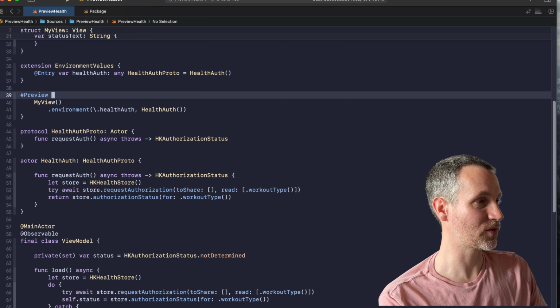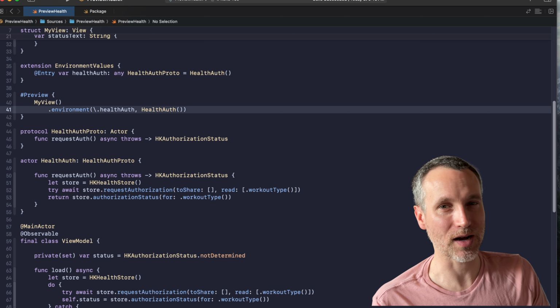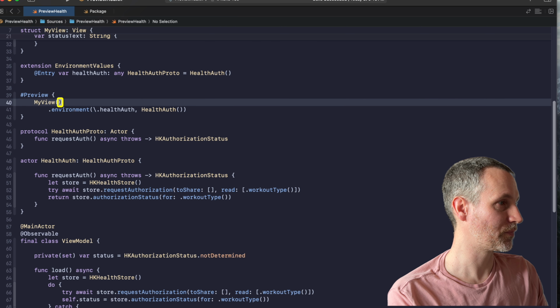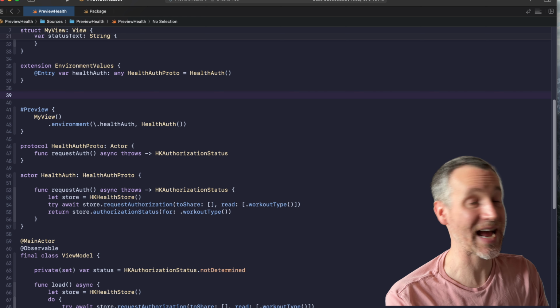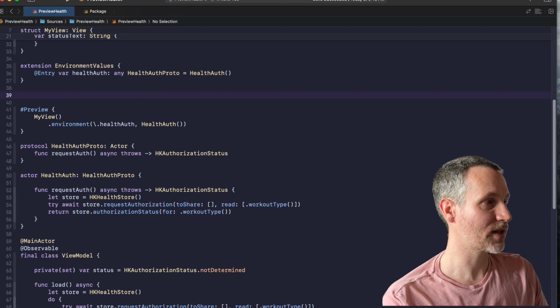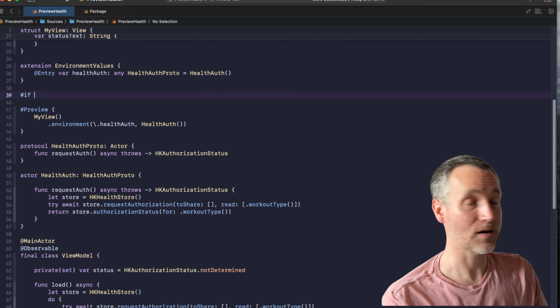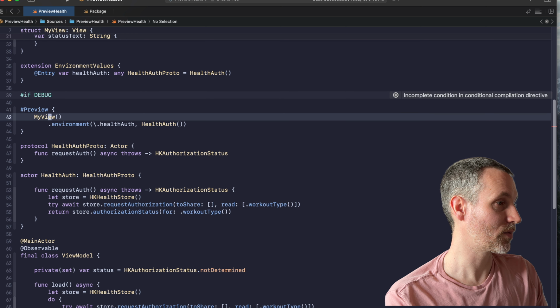Because what we want is to put this in the environment. That's great, but we want to put in a mock. So this is where I get a little bit more fancy. So typically what I do, I'm working in a package here. I'm not in an actual project. So I want to make sure that everything builds okay, but we're going to say a compiler directive. We're going to say if it's debug, and then we're going to end